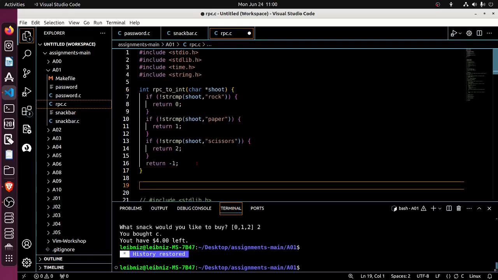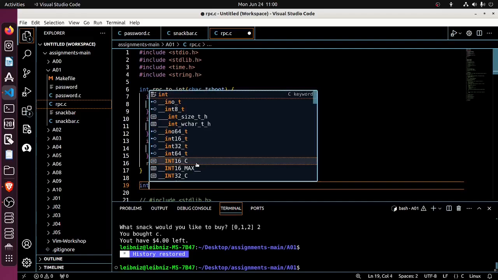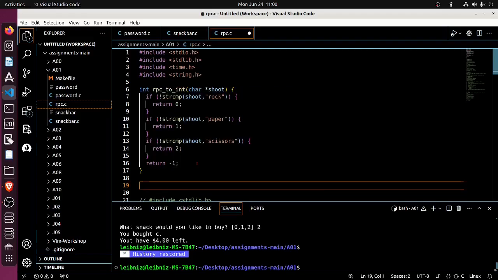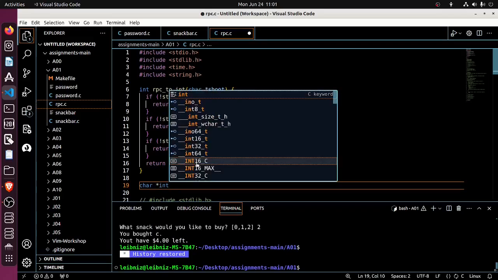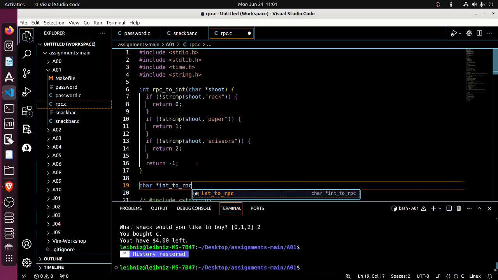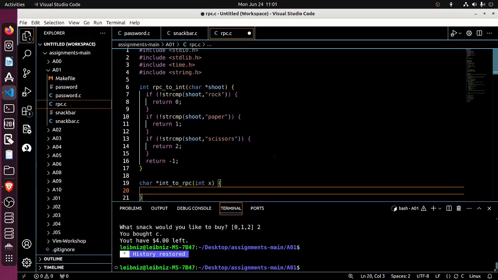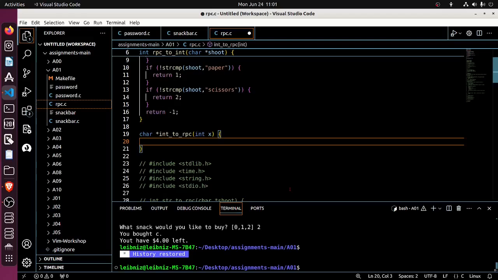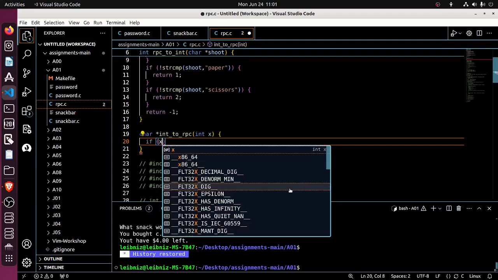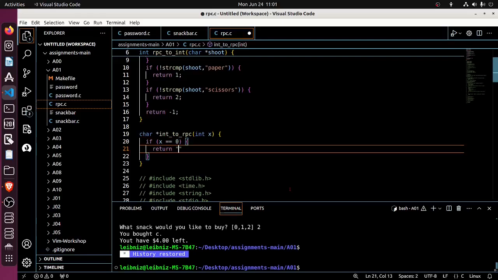There may be cause for going the other way around as well. So let's design a char star function, taking us from int to RPS. So int x. And this is more straightforward. Well, I don't know, maybe. Anyway, if x is